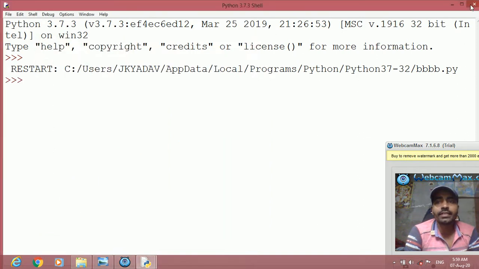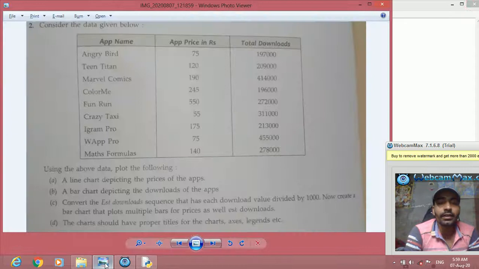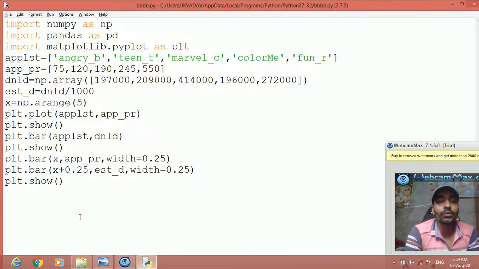Now further it is saying that we have to show multiple details, like the chart should have proper titles for chart and axis and legend. So for this we have to write here plt, in that for the legend we have to define the labels.